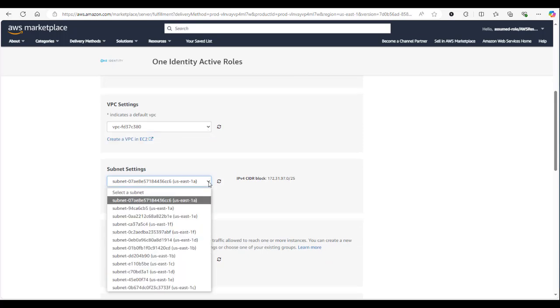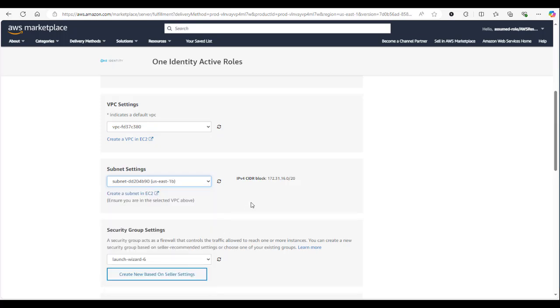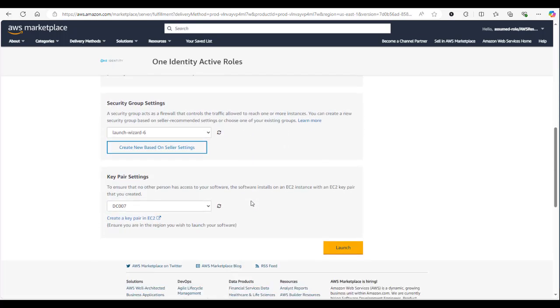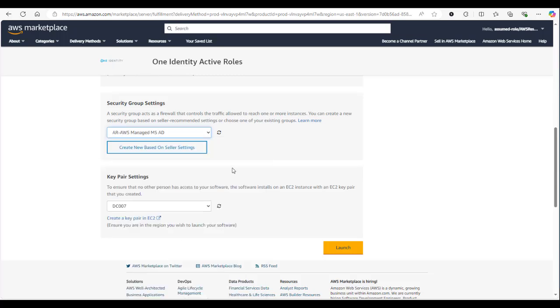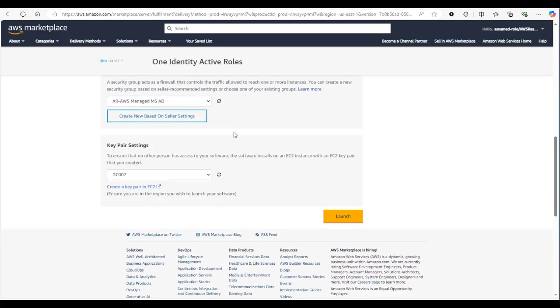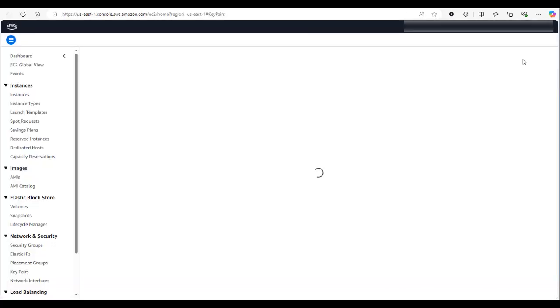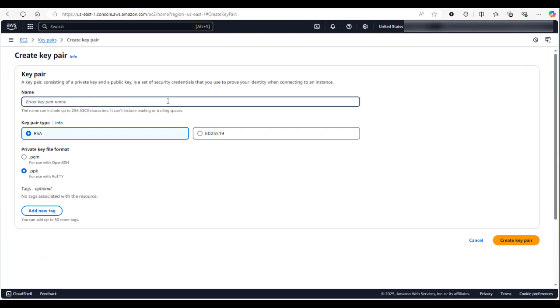Select the VPC. In this environment, there's only one. Then you can select the subnet to add the VM to. Security groups are really firewall settings. You can select an initial group to add the VM to once it's created. And go ahead and create a new key pair for this VM. This will be required later to decrypt the default administrator password that's going to get assigned to the server once the VM's up and running.